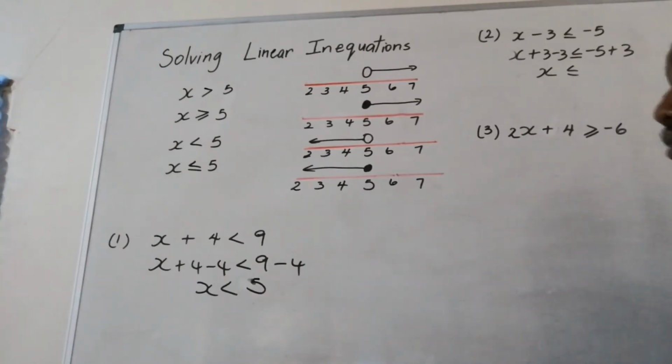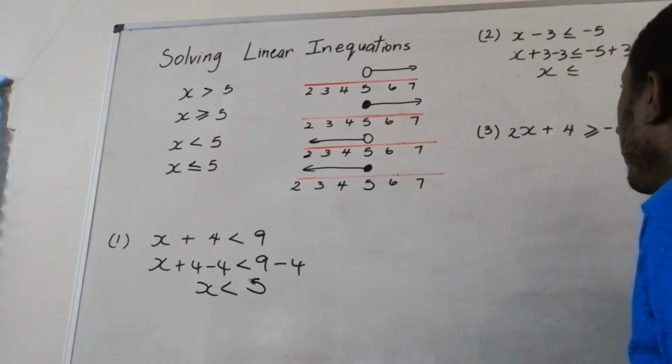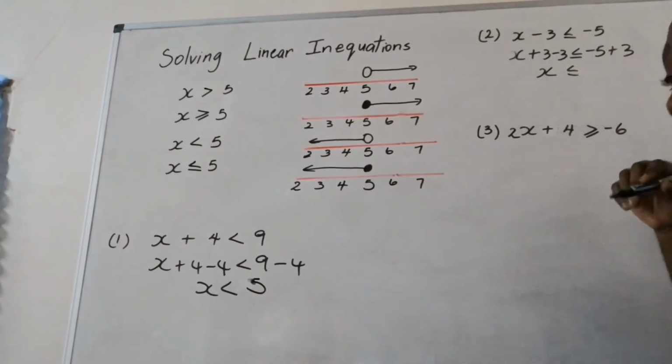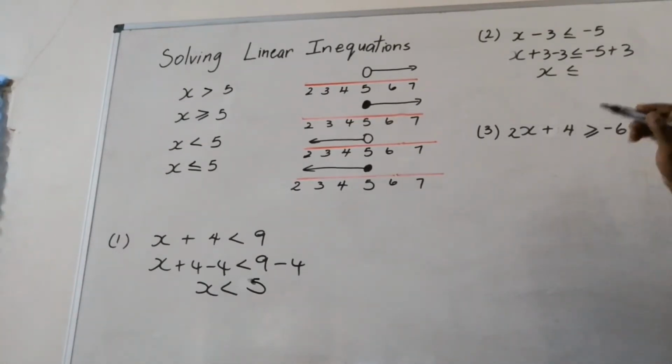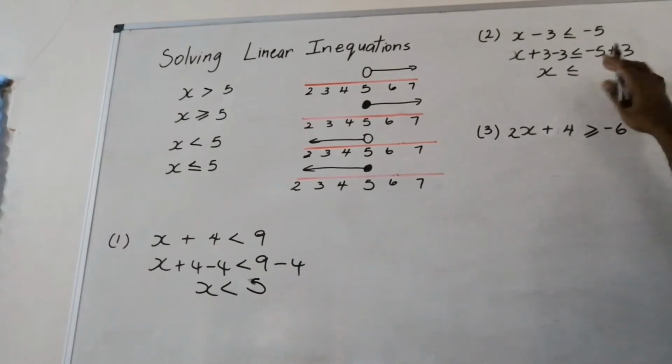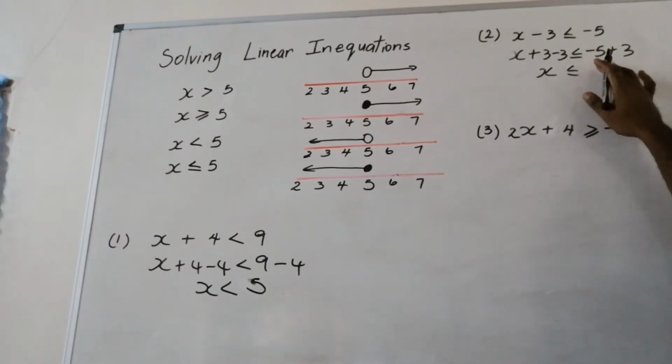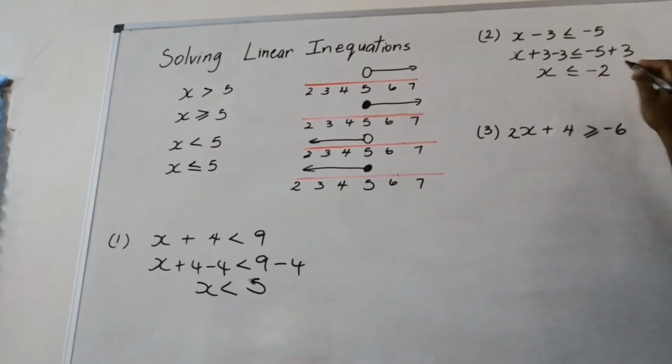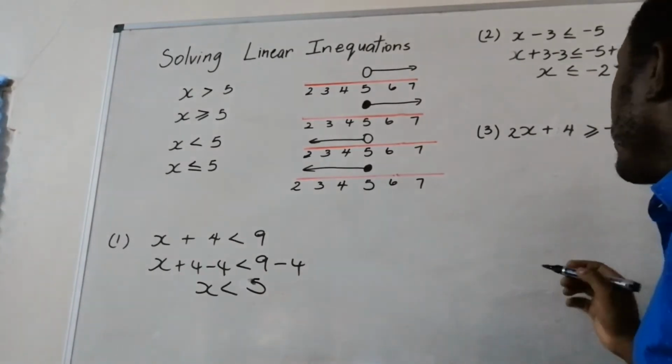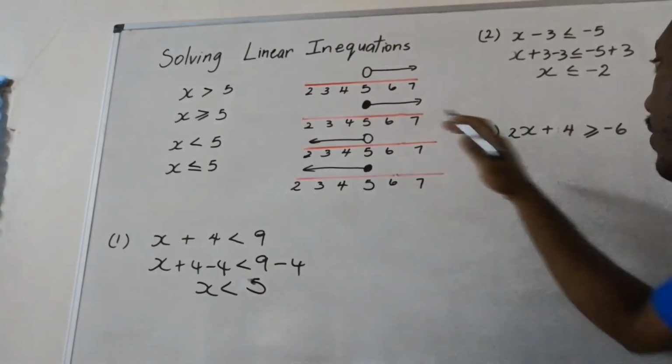And negative 5 plus 3 will be equal to, since the two signs are different, we subtract. So that will give us 2. And since the 5 is greater than 3, the answer takes the sign of the 5, which will be negative 2. Now, if we're to represent this on the number line,